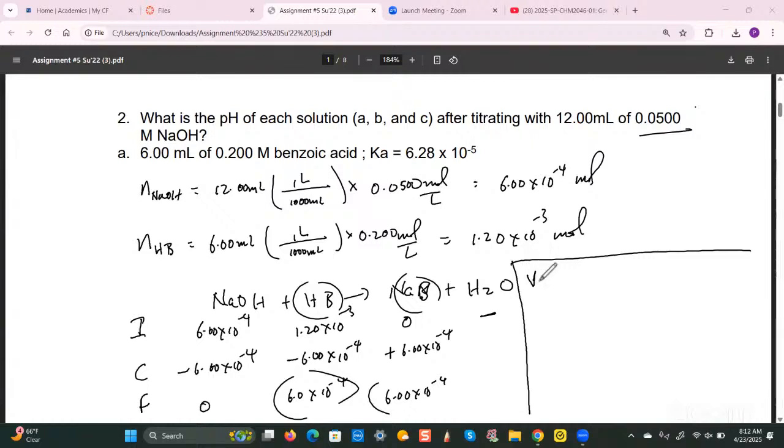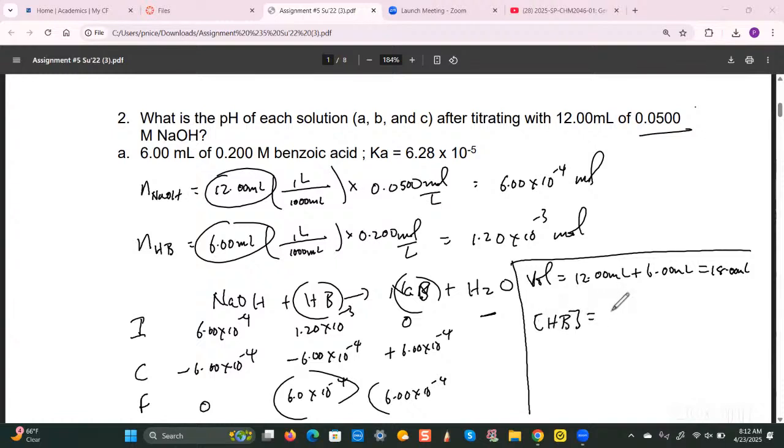So the volume of the solution at this stage would be the 12.0 mL plus the 6.00 mL, right? So that is 12.00 mL plus 6.00 mL, so that's going to be equal to 18.00 mL, right? So the concentration of HB is going to be equal to the concentration of B minus, which will be equal to 6.0 times 10 to the minus 4 moles divided by 18.00